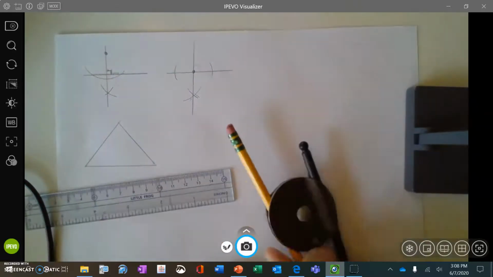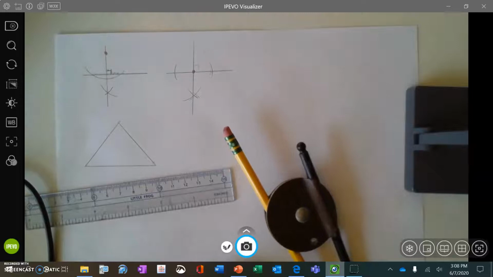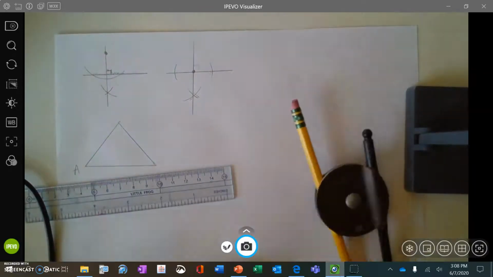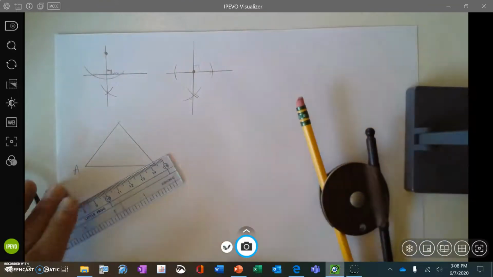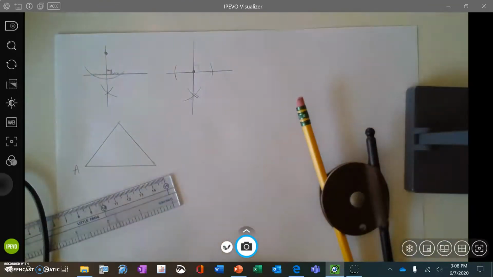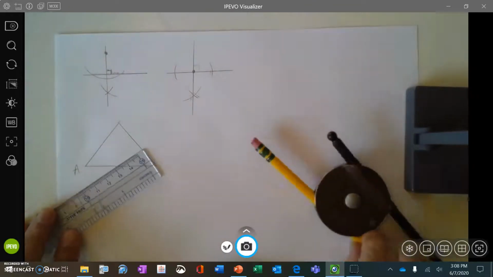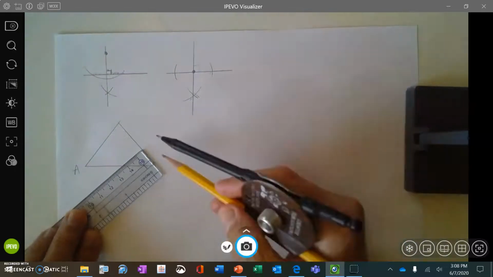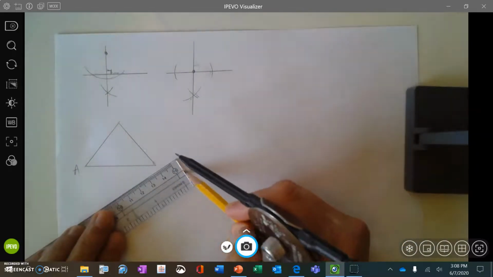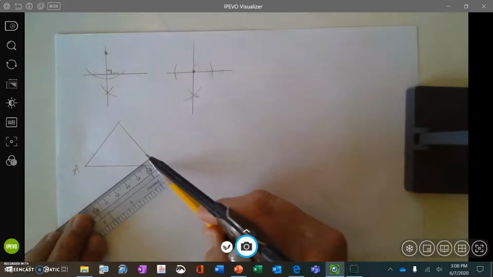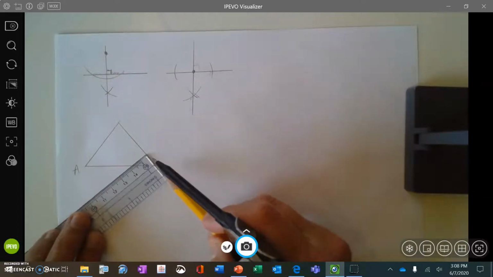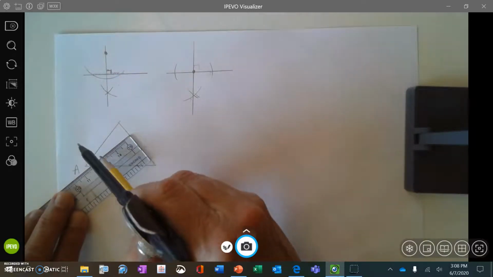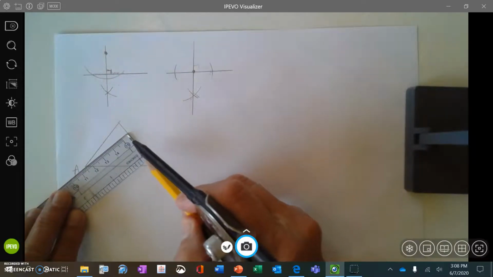Okay. Now, what I want here is an altitude from A. So here is A. Now, I can picture this because I've done math for many, many years, and I don't have a problem doing this. But if you're new to this, see how I am lining up. See how this ruler has a 90-degree angle there at the corner? If I take this side of that ruler and slide it until the second side touches point A,